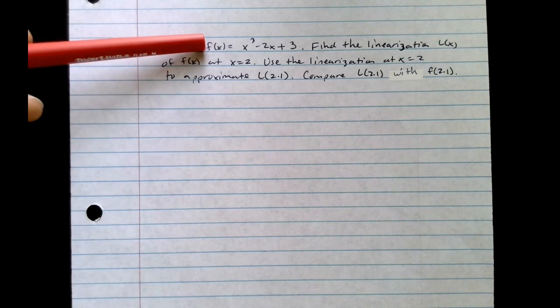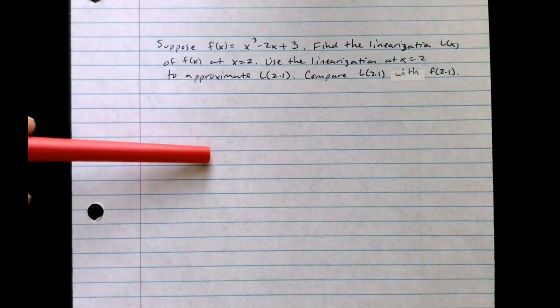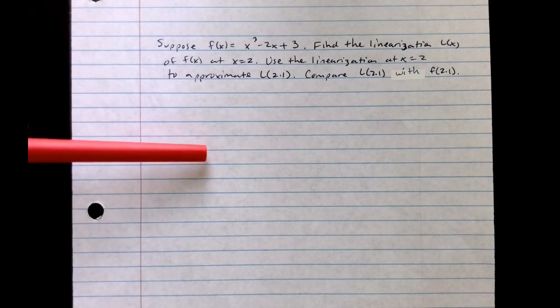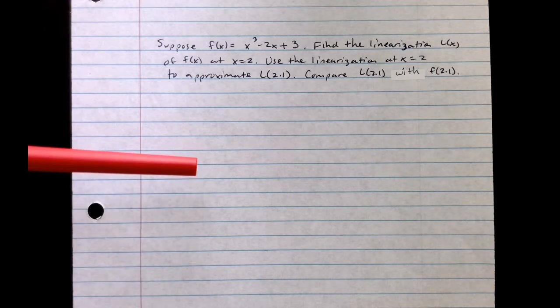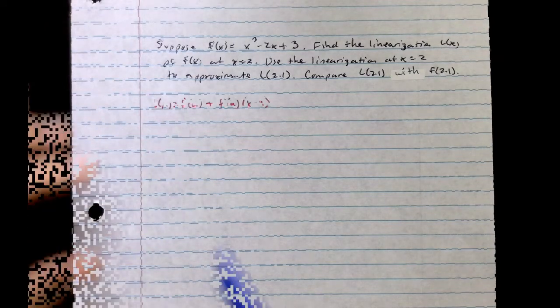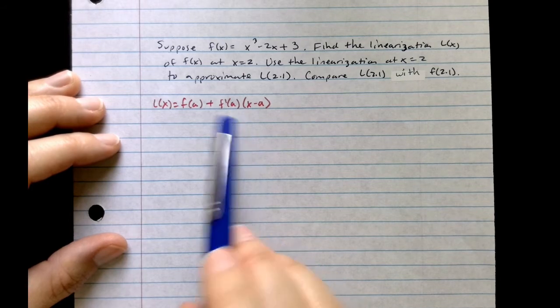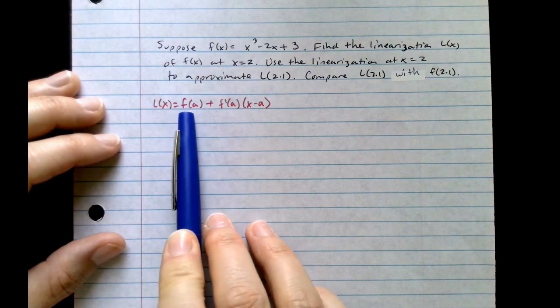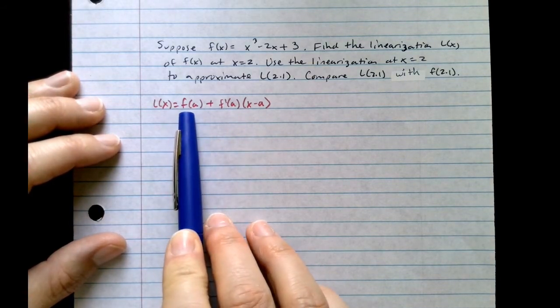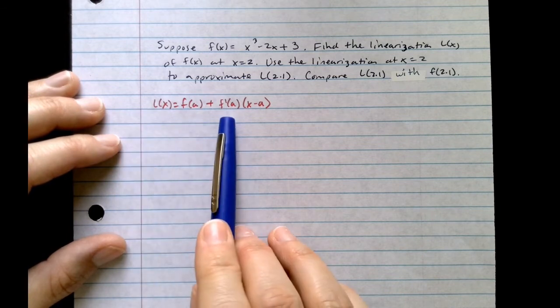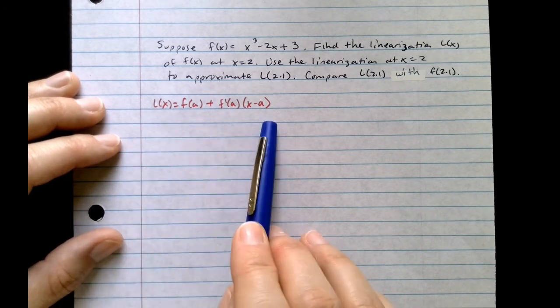So we actually have the original function. All we're doing in this example is I want to demonstrate to you just the process of finding the linearization and how it compares to the actual value. So with this, what we need to know is what is our function evaluated at our particular value, x equals 2. We need to know the derivative at x equals 2, and then we're going to set up our approximation